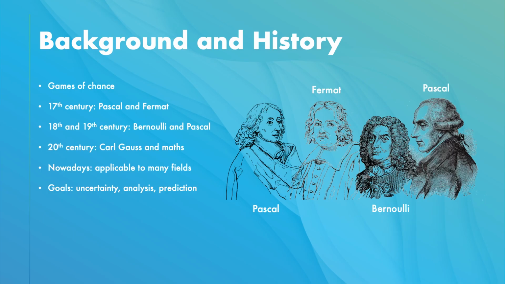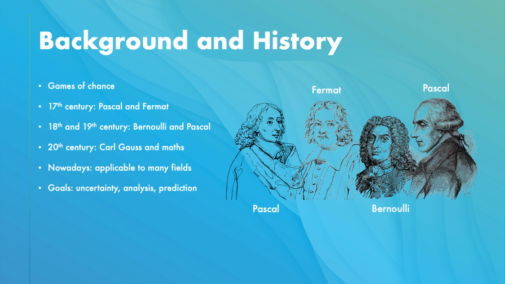We can attribute the interest in probability theory to the games of chance. So, for example, a poker game. A poker game is a game of chance, and when you play poker, you want to try to figure out the rules that govern the mechanics of the game. And that is what intrigued Pascal and Fermat in the 17th century, and what led to the formal developments in the field. Later on, other people contributed to the development of the field, such as, for instance, Bernoulli or Pascal,